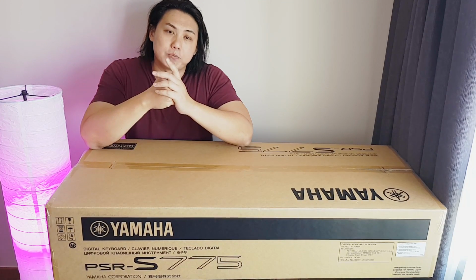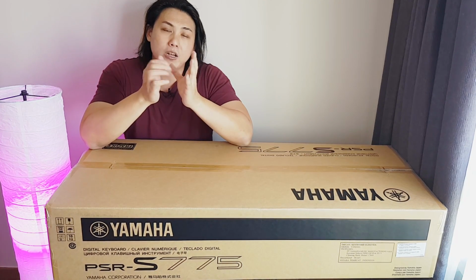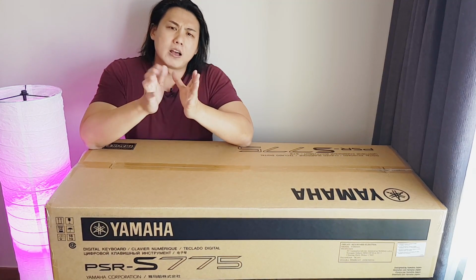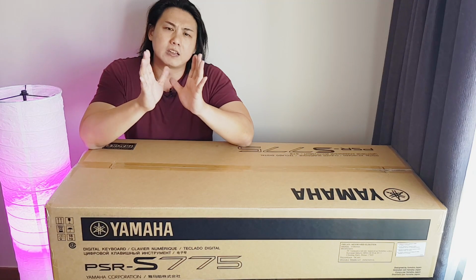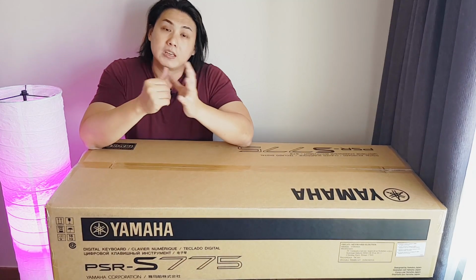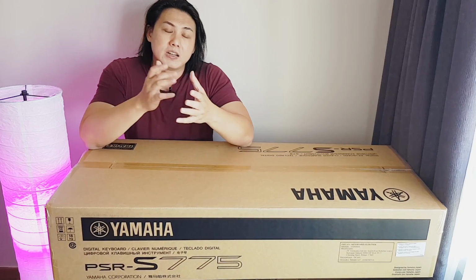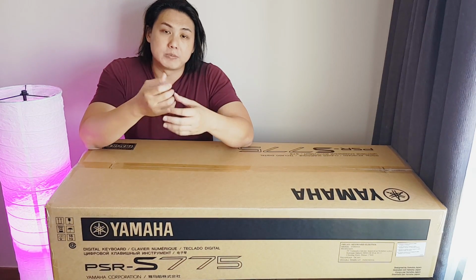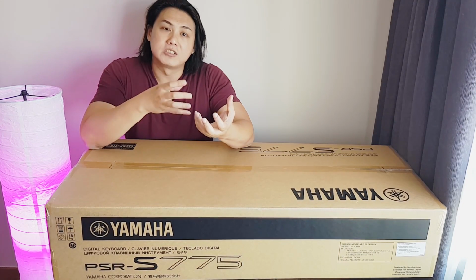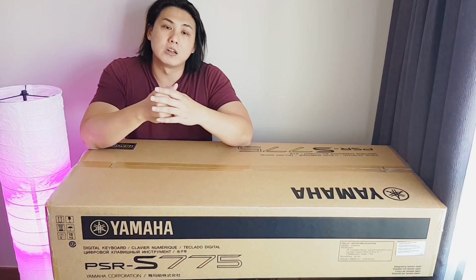My opinion is that the PSR-S775 is actually great value for money, and because the PSR-S670 has been around for quite a while, and looking at the things that Yamaha has been doing, it does seem like perhaps the PSR-S670 or the S600 series might eventually be done away with. If we look at the PSR-E400 series, more and more features have been added on. We're talking about the quick sampling, and the promoting of the groove creator. A lot more functions have been assigned to the live control knobs, such that it is very, very similar to what the